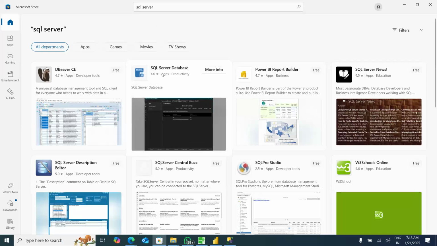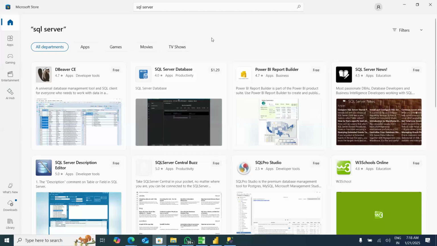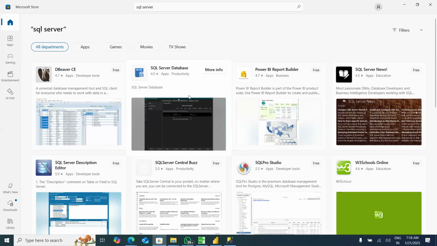Basically, you need to install the SQL Server database. Okay. And once you install this, you also need to install SSMS, SQL Server Management Studio. So, two things to note down. One is SQL Server, and secondly, SQL Server Management Studio, and both of them are available freely from the Microsoft